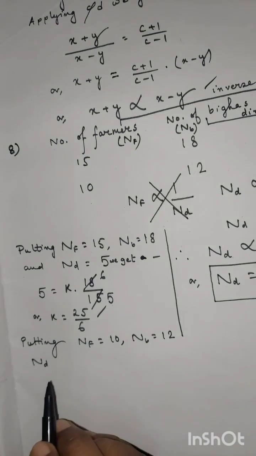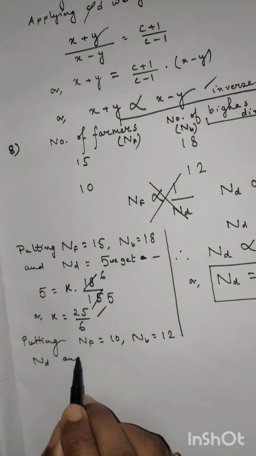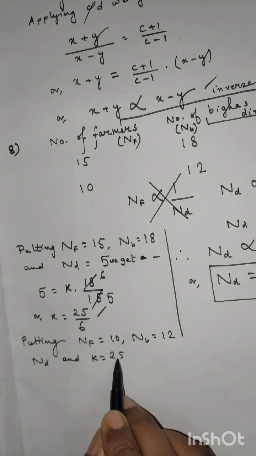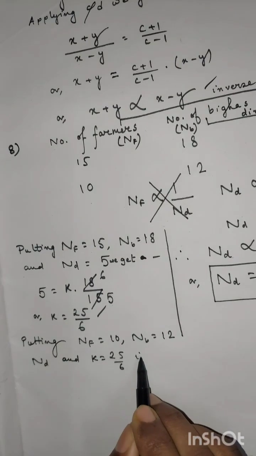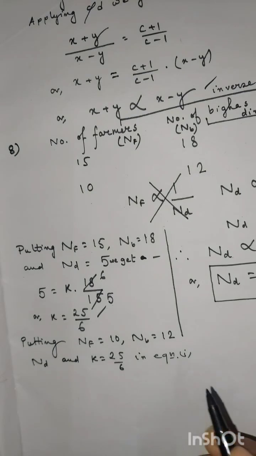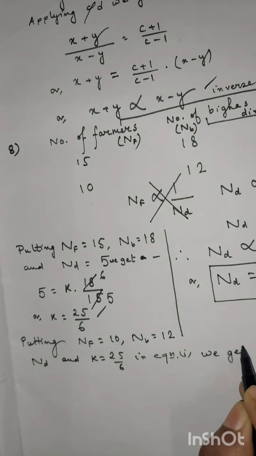So putting this and this, and K equal to 25 by 6 in equation 1, we get